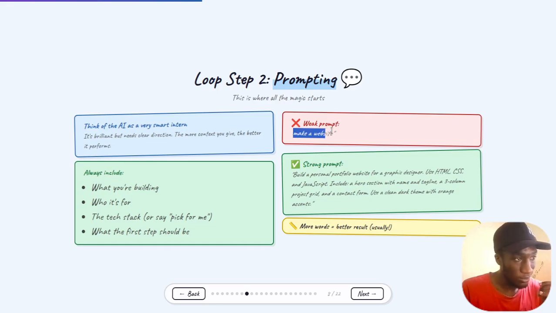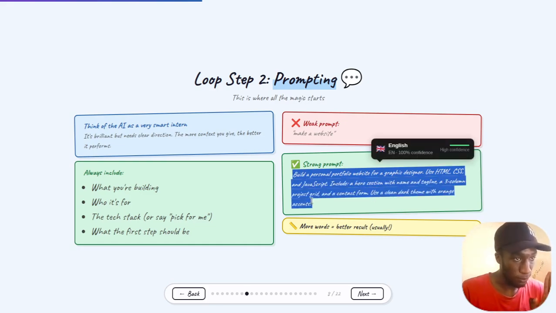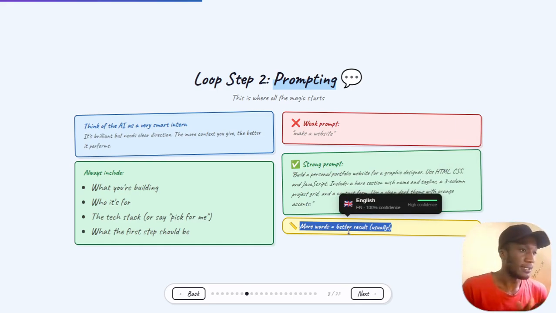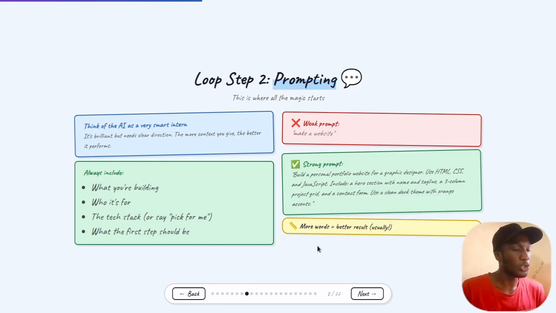But with the first one, you're just saying make a website, so it will take a lot of time and effort for the AI to build for you. If you describe it in one single prompt, you'll get what you want. More words equals more results. That's what I say. If you give AI just a short prompt, the product you'll get will be so bad, and you'll be frustrated by it, but you didn't give it enough detail on what you wanted to get.